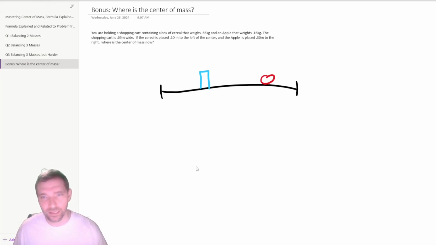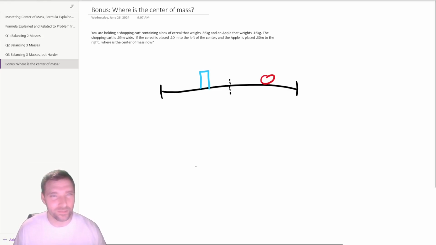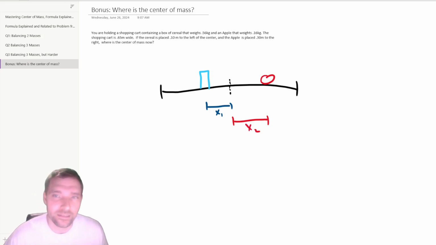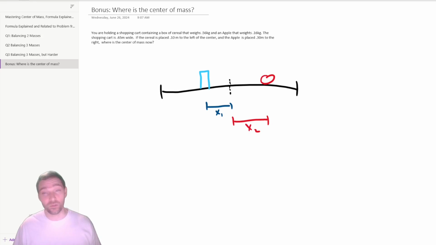So you could have your reference point be in the center here, which is kind of what I'm thinking because they've given values relative to that. But that doesn't mean that's where the center of mass is. So it looks like we're going to have some sort of x1 value, some sort of x2 value, and I'm thinking the center of mass is going to be closer to the heavier thing probably. So I'm betting the center of mass is somewhere